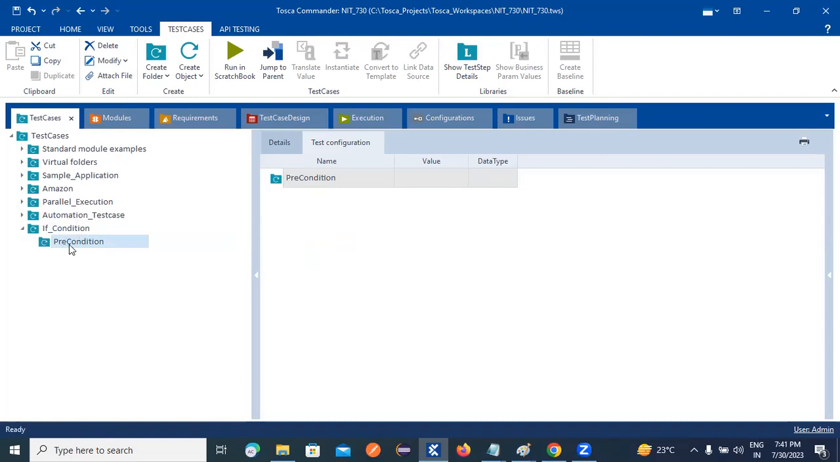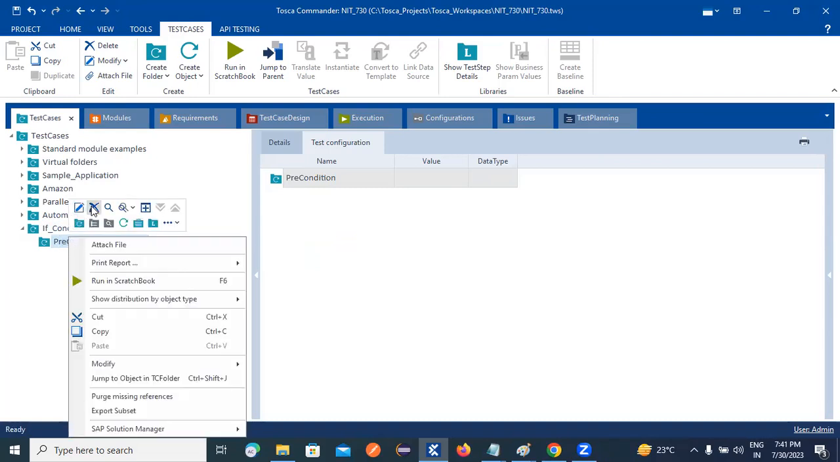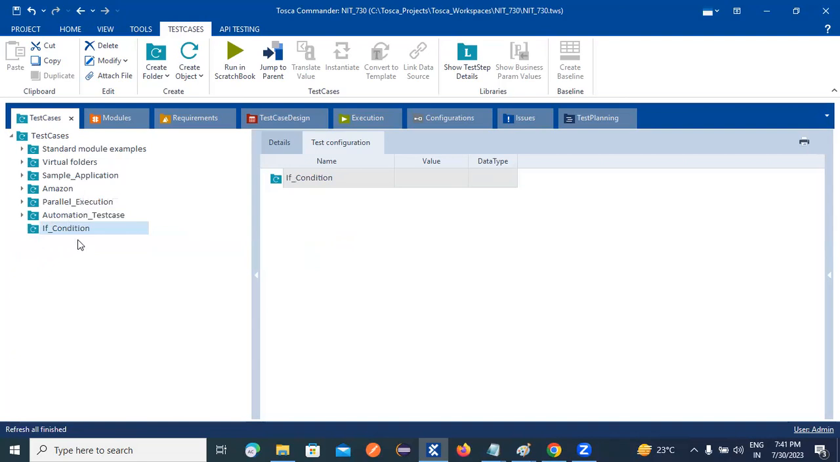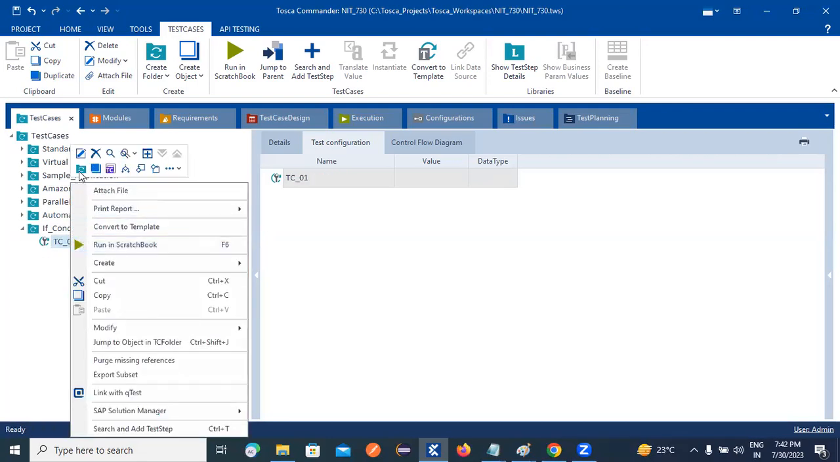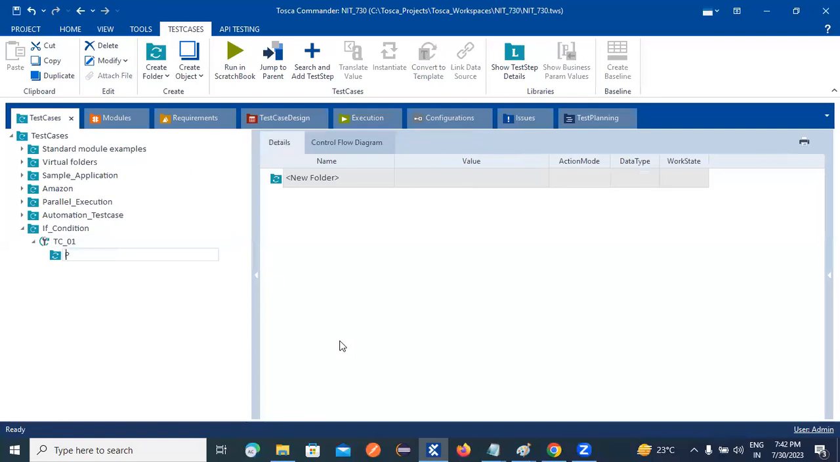Sorry, first I need to create the test case. After that, we are able to create the folders. First of all, I need to create the test case. TC_01. In this test case, I need to create the folder